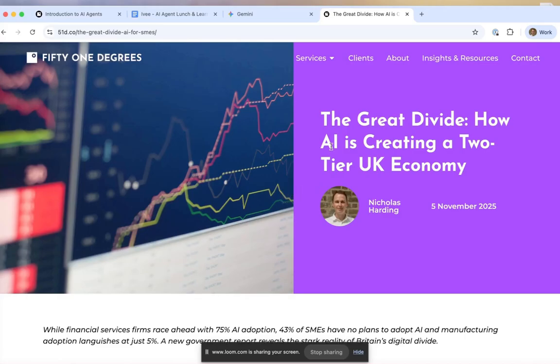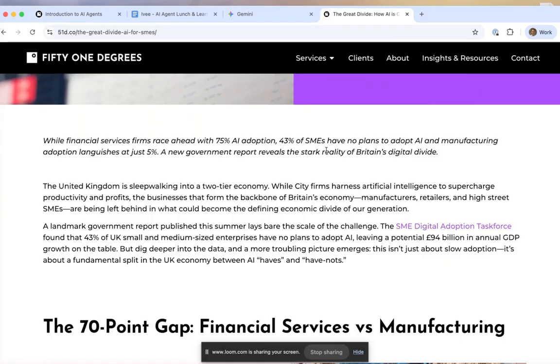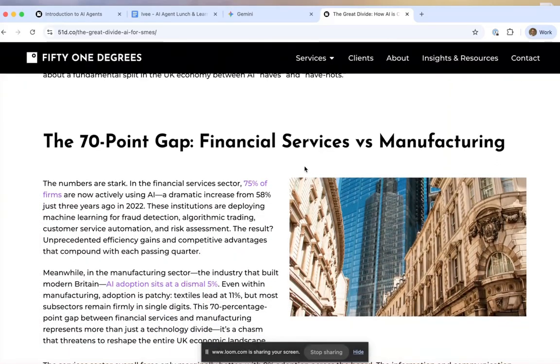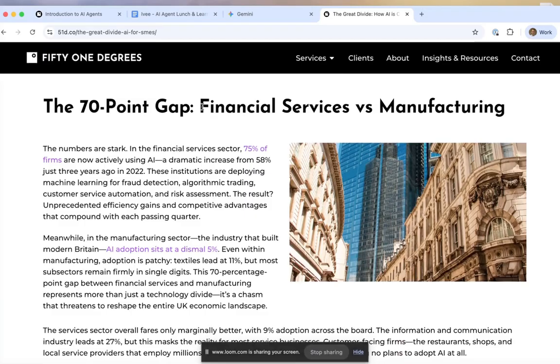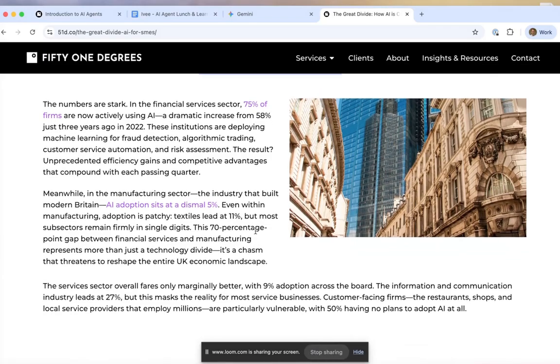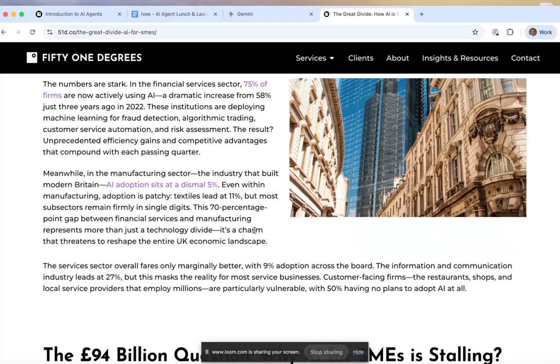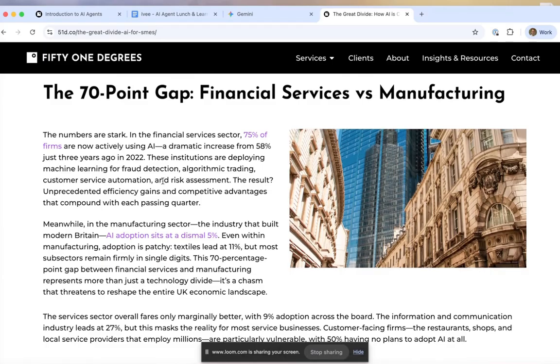So this is indeed the piece of research that Strawberry Browser created that is now live on our website, and it basically looks at a fundamental shift between financial services and SMEs, where 75% of financial services firms are now actively using AI, whereas 5% of manufacturing firms are, and something like 40-something% of SMEs are not interested in the slightest. And my concern is those SMEs are going to fall further behind in the productivity gap.